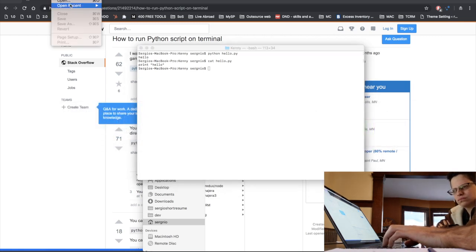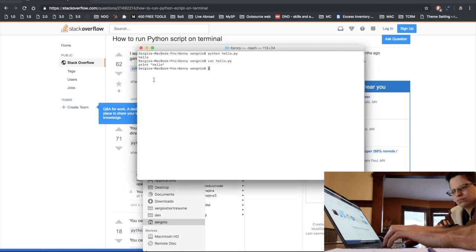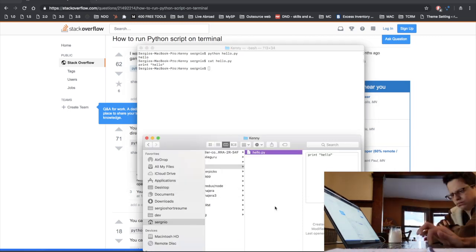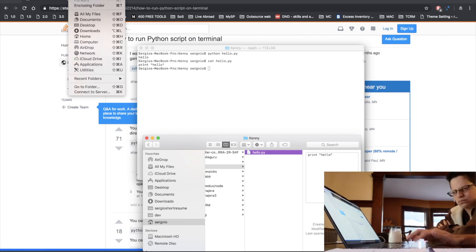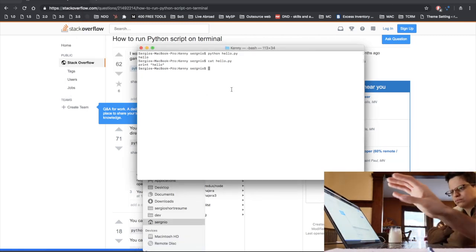So I have to go to open hello.py. Oh, this is bugging out. I don't know what's going on. But I have to open the application, go to the little menu and click run script, whereas here, I just type a few words and it runs. So, again,